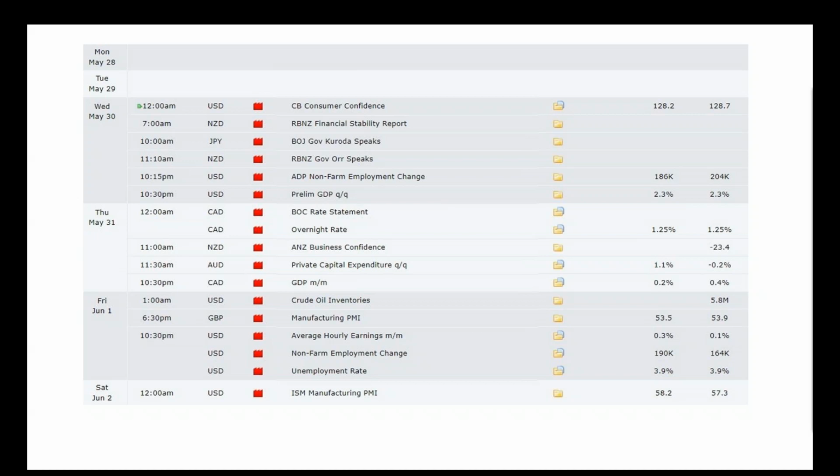If I now draw our attention to the calendar, which I have in front of me, this is a week where the US dollar has lots and lots of data. If you have a look, it's almost dominated entirely by the US dollar. We have the consumer confidence number on Wednesday. Then we have the private sector non-farm payrolls on the same evening, crude oil,